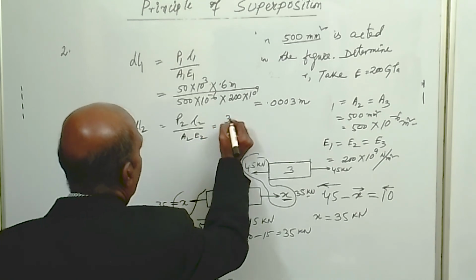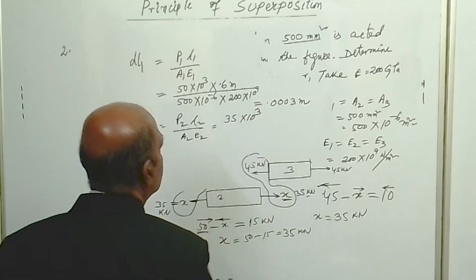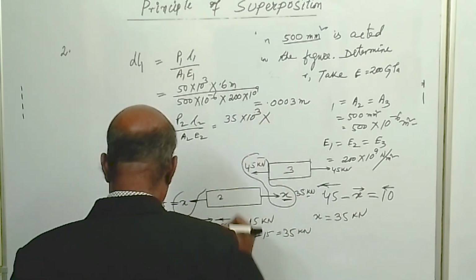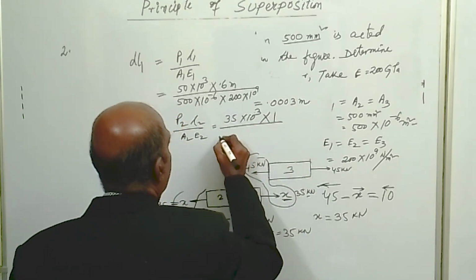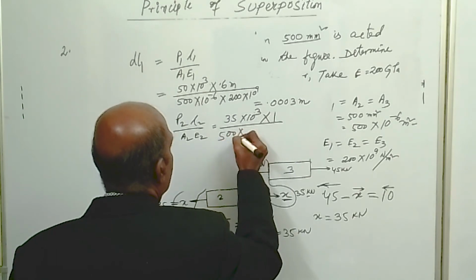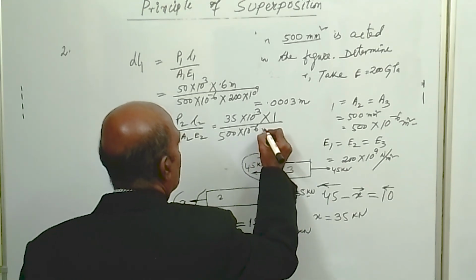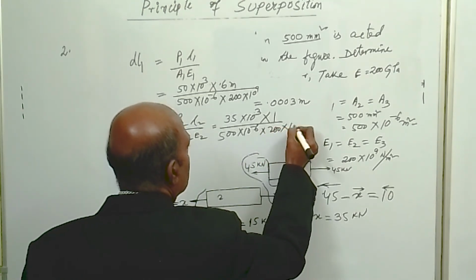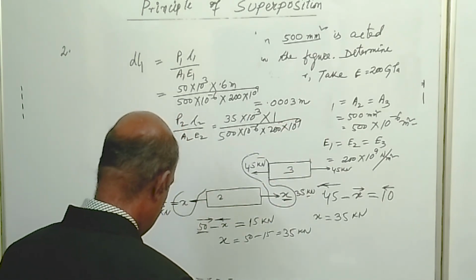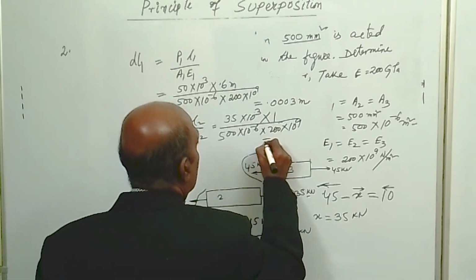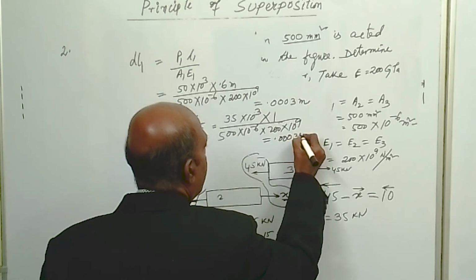So P2 is 35 kilonewton, 35 into 10 to the power 3, into the length of segment 2, which is 1 meter, divided by the area, which is the same, 500 into 10 to the power minus 6 meter square, into E2, which is also the same, 200 into 10 to the power 9 Newton per meter square. So for the second section it is coming 0.00035 meter,